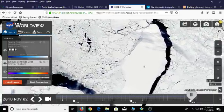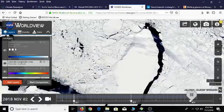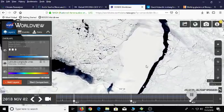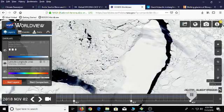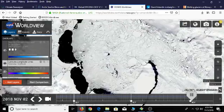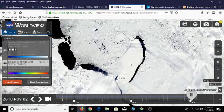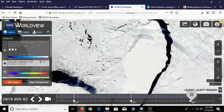And we can see that there's a lot of open water around it, and it does move around. This is sea ice over here holding it in, keeping it from drifting out to the ocean. It's huge, and it's called A68. And there are some icebergs over here on the left hand side